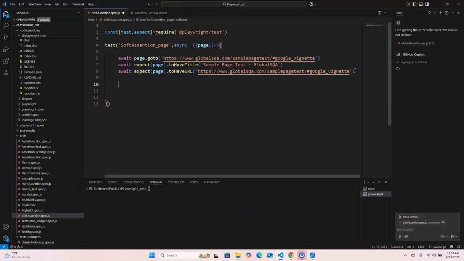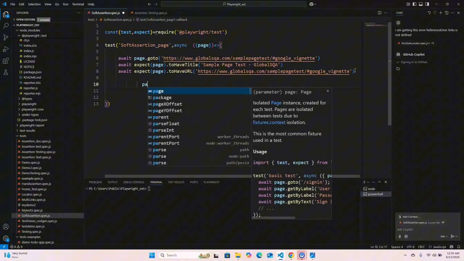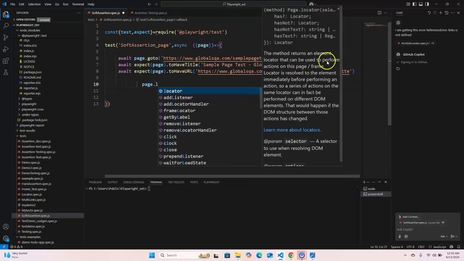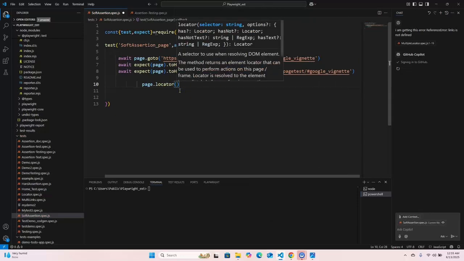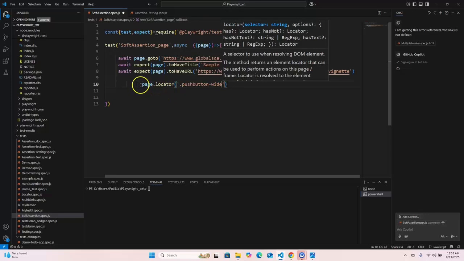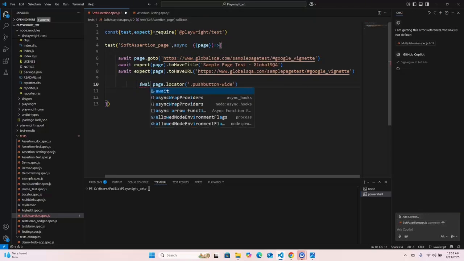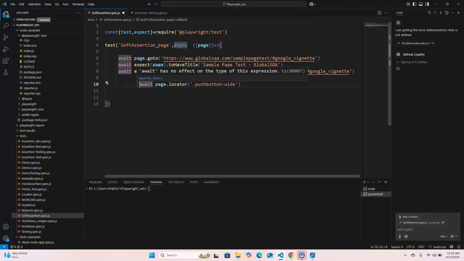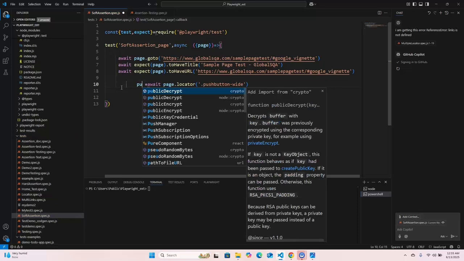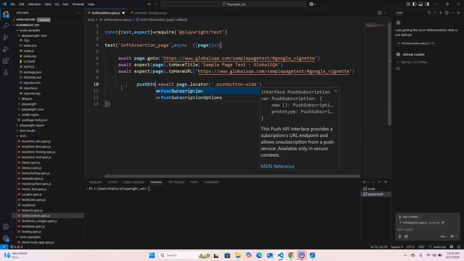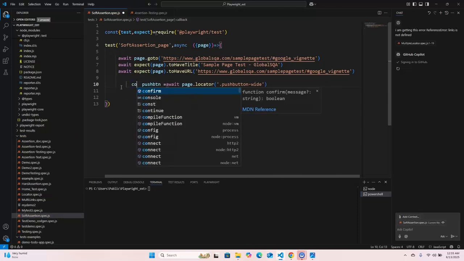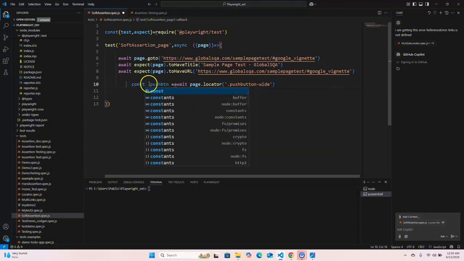First just use page dot locator for the locator of this button, I have to use this one, and then we need to use await, and this value we want to store in a variable. So I'm just using push button here, suppose, and const here, and